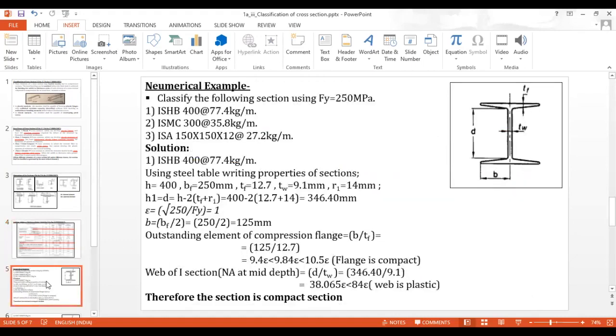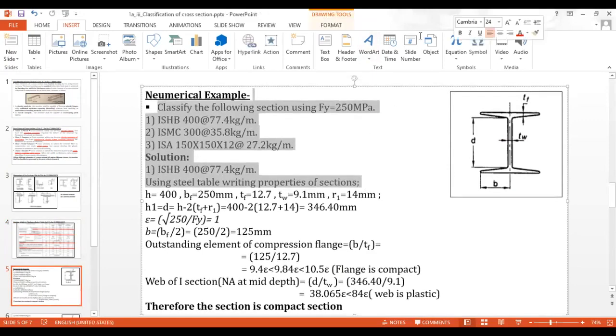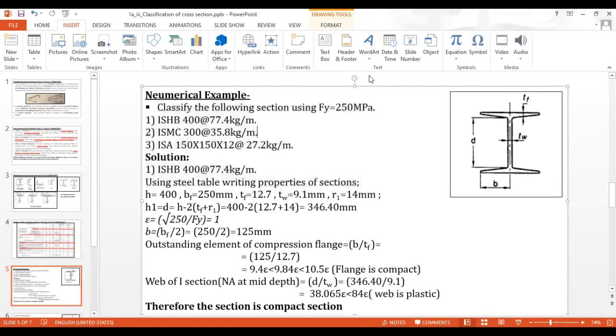In the next slide, we will be learning the numerical on the design of steel, classification of the section. The first example is on classification of a section. Therefore, our first numerical is on the design of an I section, which is ISHB 400, 77.4 kg per meter. If we see this section,